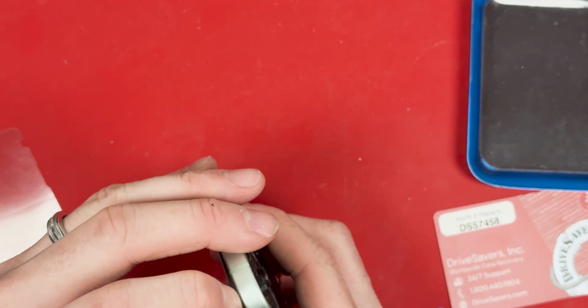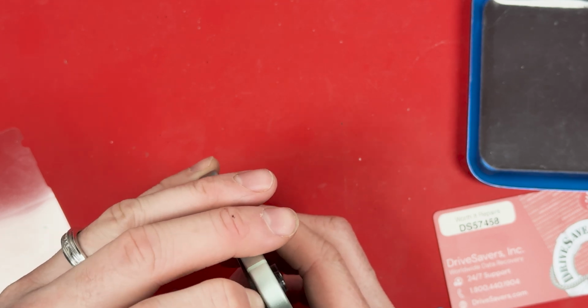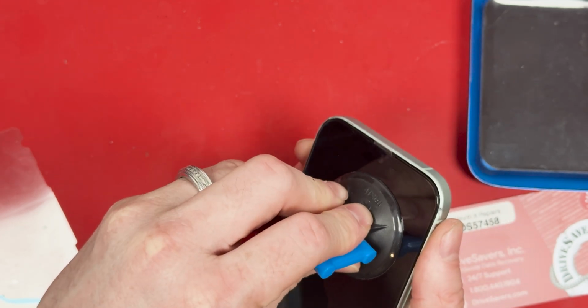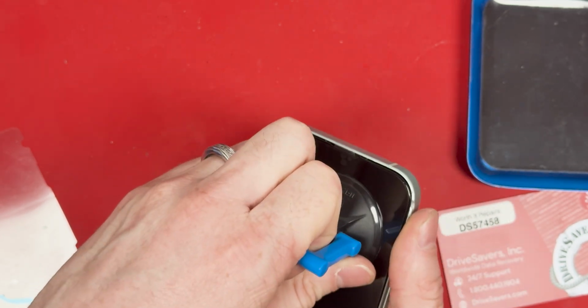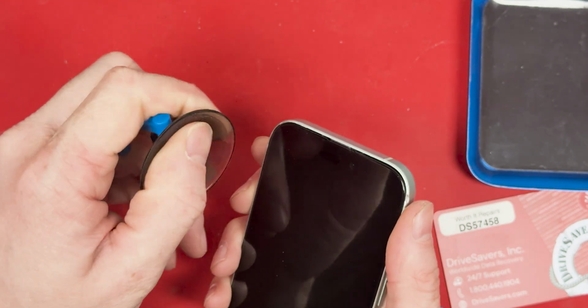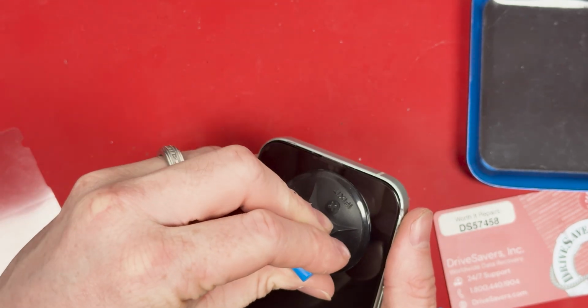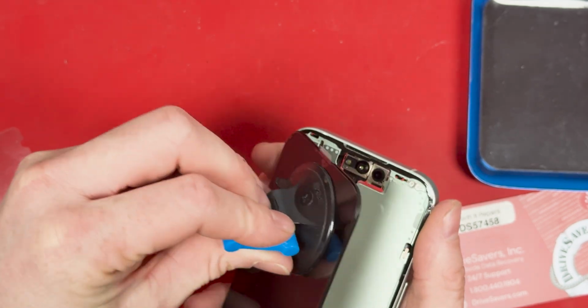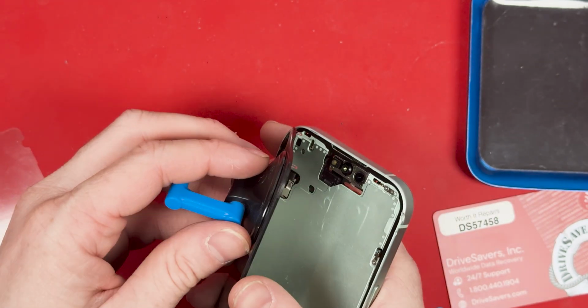and then I notice as I'm putting the screen down that the bend in the frame won't allow it to lay flush to the phone. So in a panic, I grab a suction cup and pull off the screen. When I lifted off the screen, I was actually quite worried that I had broken it, because I pulled it off pretty hard and it came off really